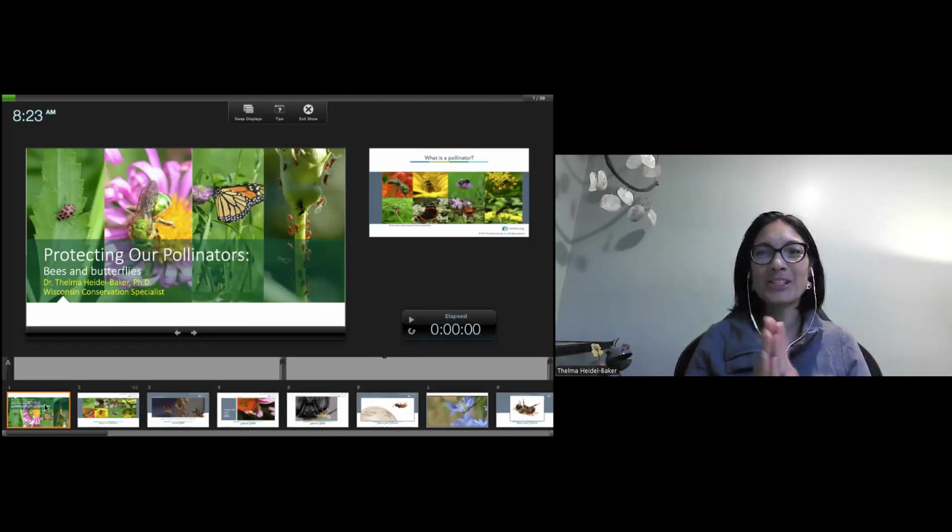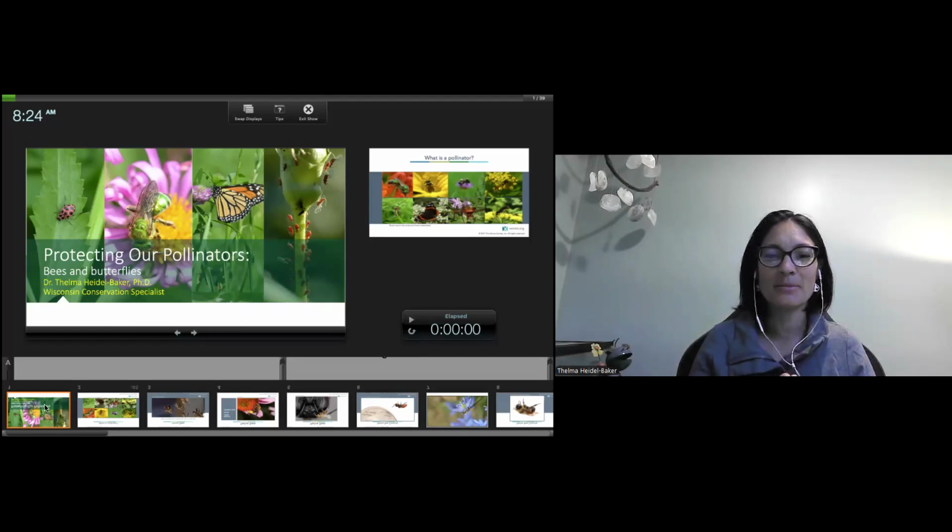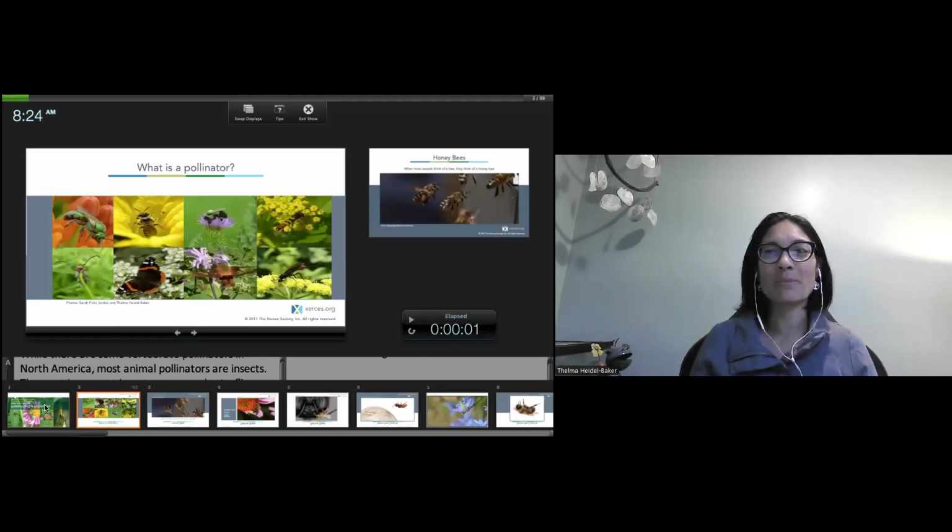Okay, so we're talking pollinators today. And as your teacher already mentioned, pollinators can be much more than just bees, even though that's what we're familiar with. A lot of times we think pollinator, we think bees. So we're going to expand on that a little bit here. So what is a pollinator? I guess that's always one of the first really good questions to get at here: what do they do? What is a pollinator? Well, it's an organism, it's an animal, it's an insect that helps pollination to occur,